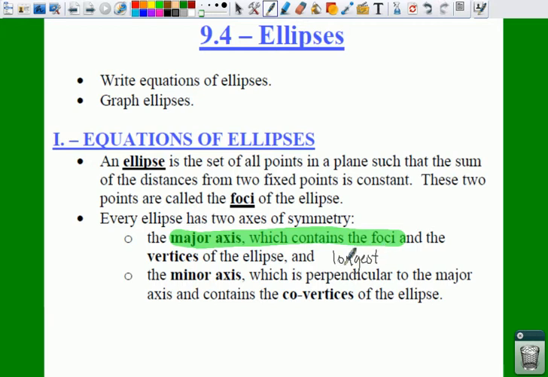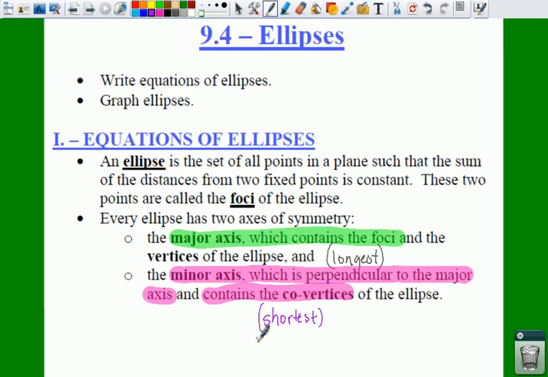axis that you have. Okay, your minor axis is going to be your shorter axis, and it's going to be perpendicular to your major axis, and it contains what we call the co-vertices. So this would be your shortest axis. So if you go over to your table,